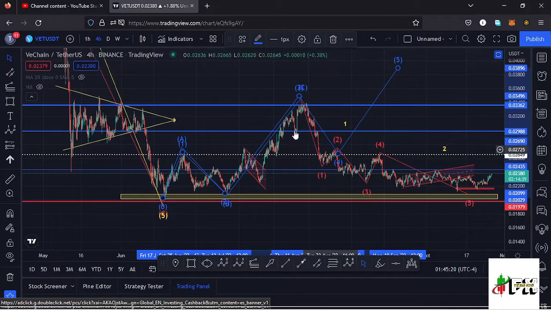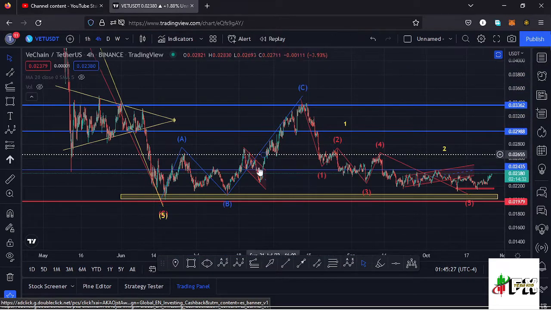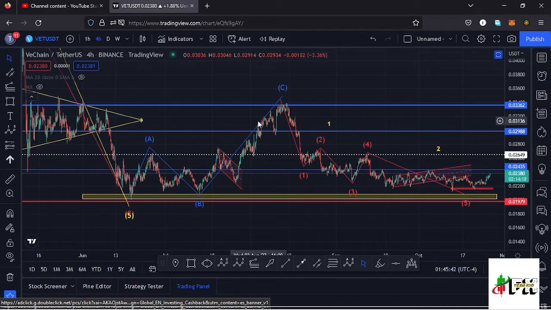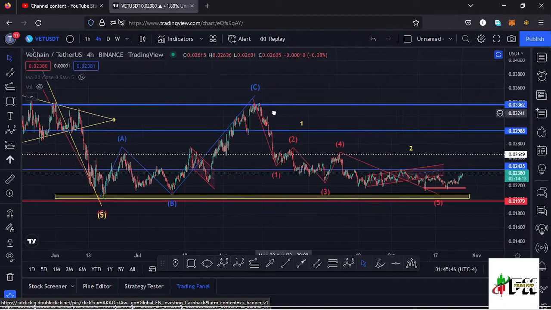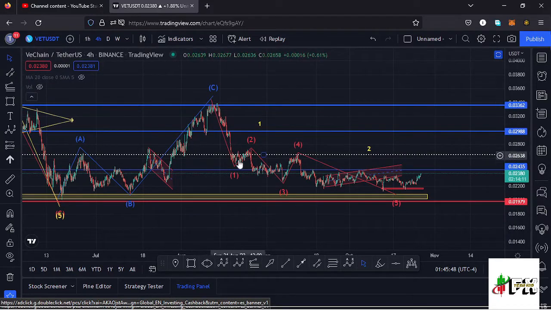over here retraced into the high of that first wave, and having done so, I had to remove these Elliott wave structures from my charts and view this movement to the upper side as something else, and the only way we can view that is just an ABC corrective movement. And we have seen the high for that ABC corrective movement, and after seeing the high for that ABC corrective movement, whatever I expected next on the other side is the formation of a 5-wave structure to the lower side,